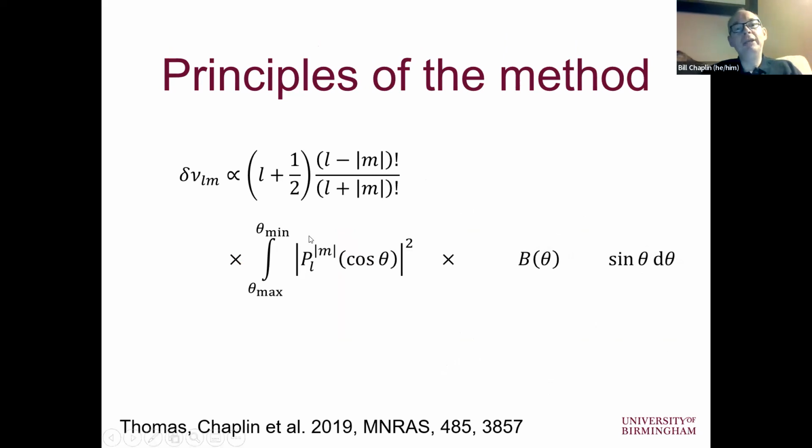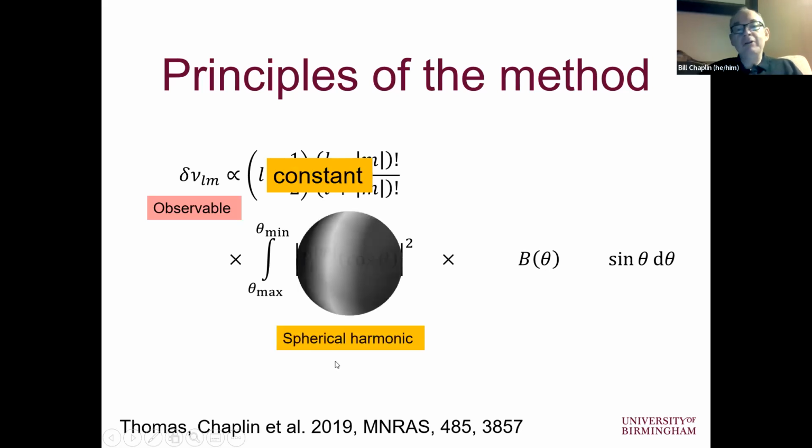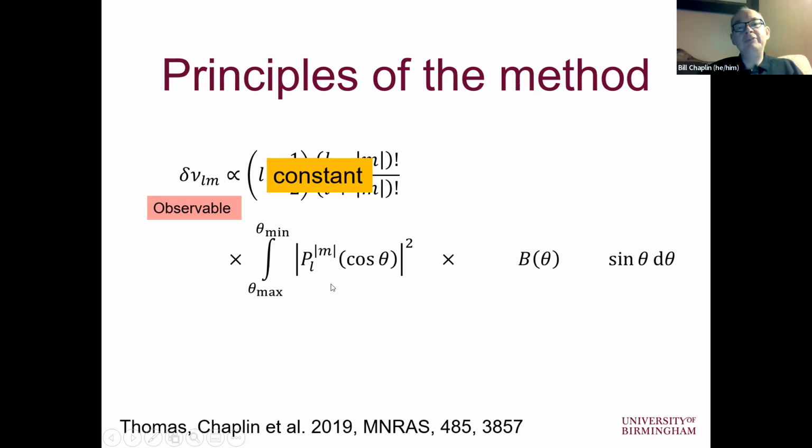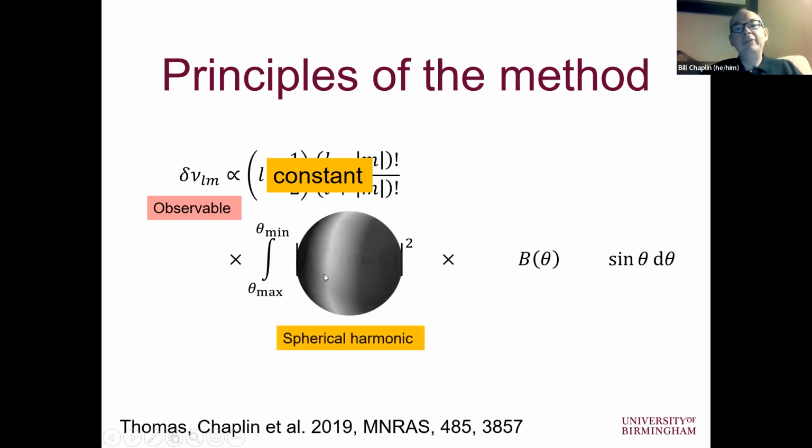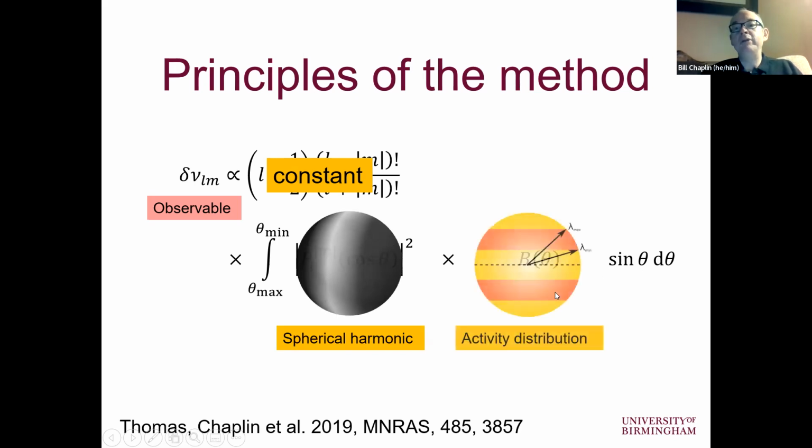So essentially, what we're saying here is that the frequency shifts we measure, that's the observable. There's some normalization factor here, which I don't care about in this discussion. Essentially, this is going to depend on the spherical harmonic of the mode, so its sensitivity. You basically get that these are Legendre polynomials. So again, we're decomposing these modes onto spherical harmonics. So we've got the Legendre polynomial here, which is essentially giving us the latitudinal sensitivity of the mode. And this stuff over here is basically the B field, the variation of that with co-latitude. How is that distributed across the surface of your star?